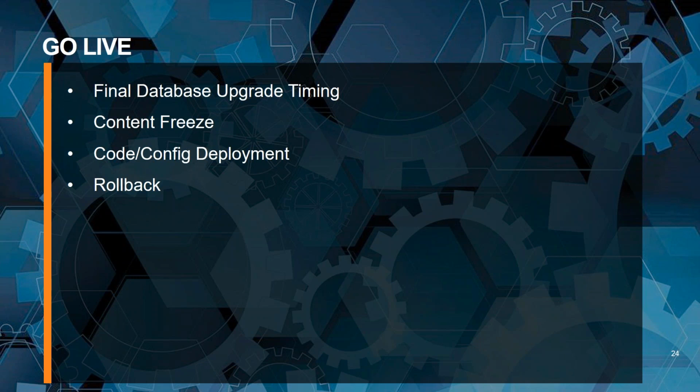It's also important to tell your marketing team not to do any content updates for a period of time, so you keep the content the same as the content you tested and performed regression testing on. So announce a content freeze and document step-by-step instructions: what code files I need to move after the update, and what manual config changes I need to make. Preparing complete documentation is very important, and also a proper rollback plan, keeping all the database backups and file system backups accounted for during this planning phase.